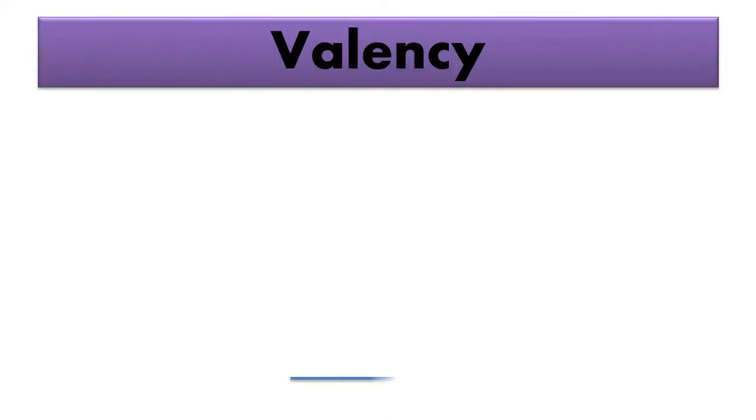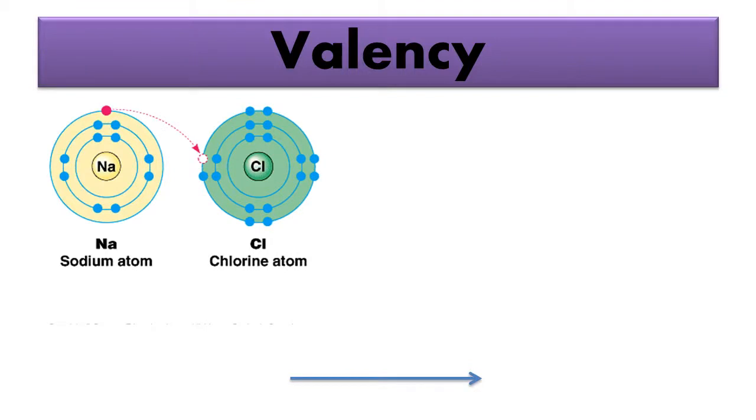Alright, now here, student, after the give and take of electrons is over, the electronic configuration of both the resulting ions has a complete octet. That means when the sodium atom loses one electron, its octet will be complete. That means it will give its one electron to the chlorine atom. You can observe the pink arrow, that means one electron is being lost and it will be gained by the chlorine atom. So here the sodium octet is completed and the chlorine atom octet state is also completed. That means the last shell will have 8 electrons.